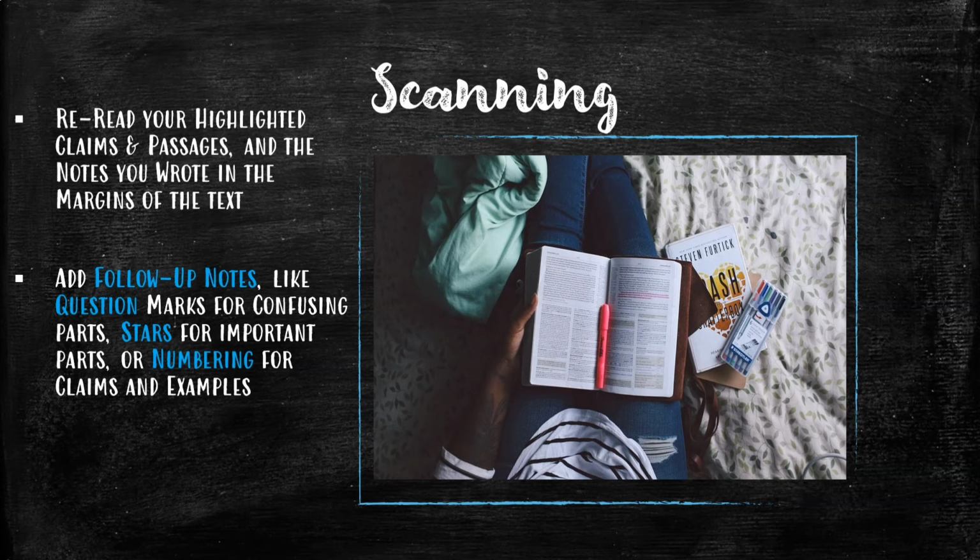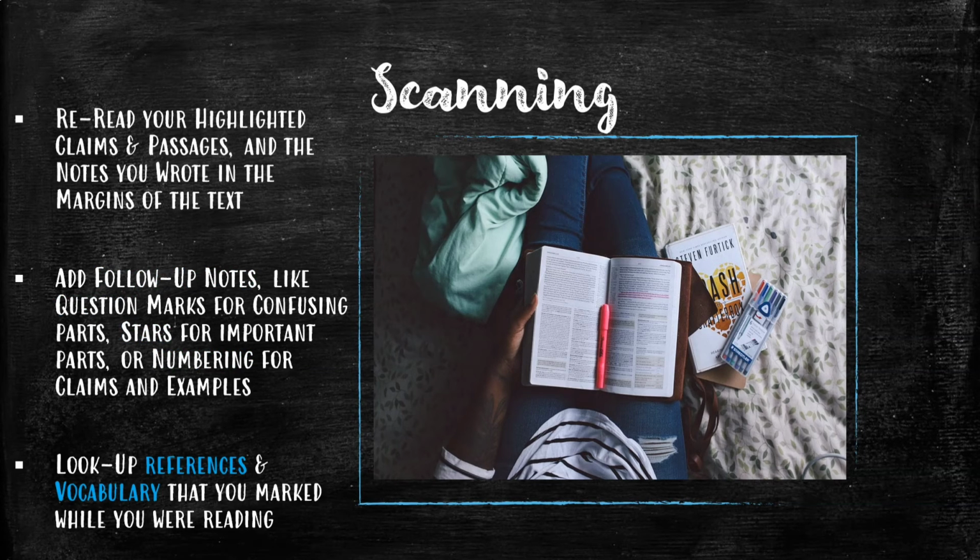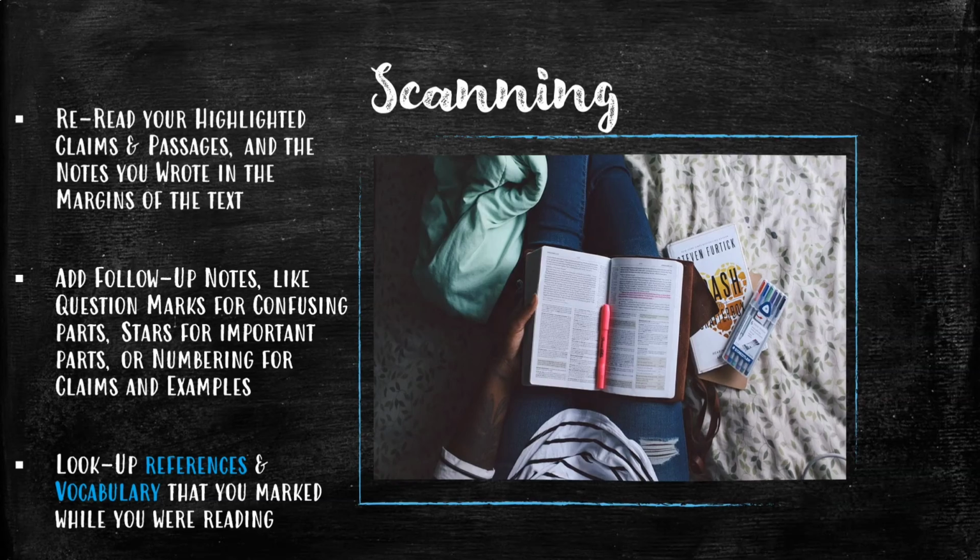But if you have claim, 3 details, claim, 2 details, it will help you begin to form a structure of that text in your mind. And then finally, if while you are reading, you are circling references or vocabulary terms, and you didn't stop and look those up, take a few minutes at the end of reading to define those things that you have marked. So take your phone out, write down those little definitions. That way this source is more clear to you when you study it again.